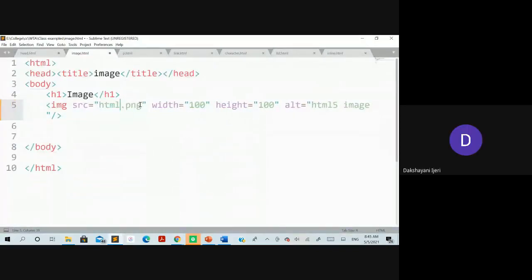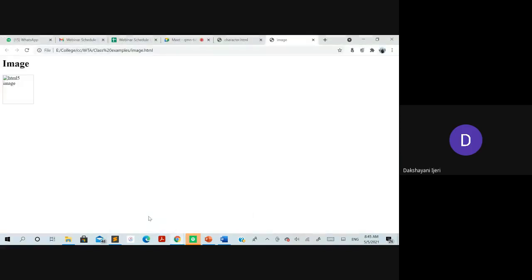Okay, so I'll just change it. Now I have changed it with the correct name here. Probably it will be able to display the image. Is it clear to you, the purpose of using all the attributes of the image? So what are the possible attributes that you can use in the image element? The source, height, width, and alt, right? The source is the mandatory attribute to be used in the image element, and the other three are optional here.